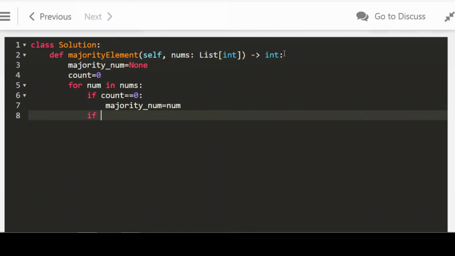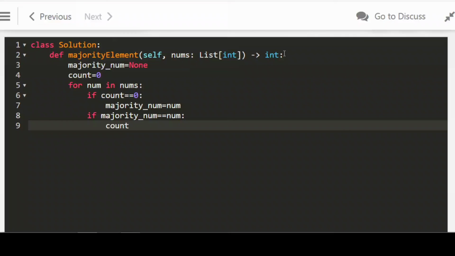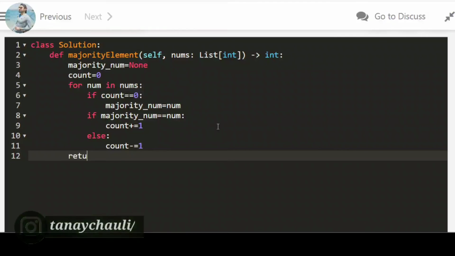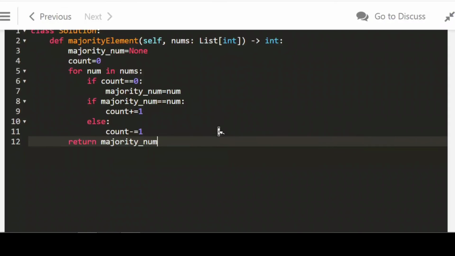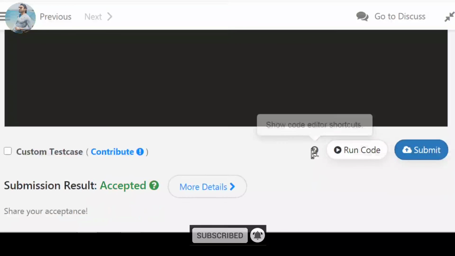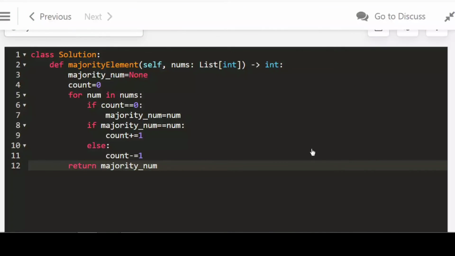Then we check if majority num equals num. If it is equal, then we increase the count. If it is not equal, then we decrement the count, and at the end we return majority num. That's all. Now we'll run this code and submit it. It got accepted.